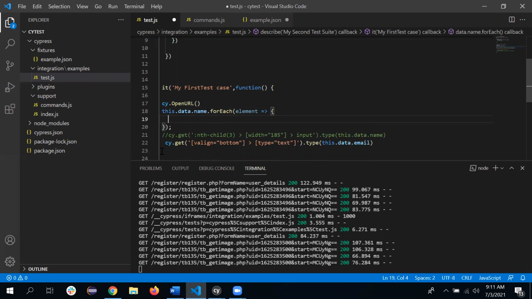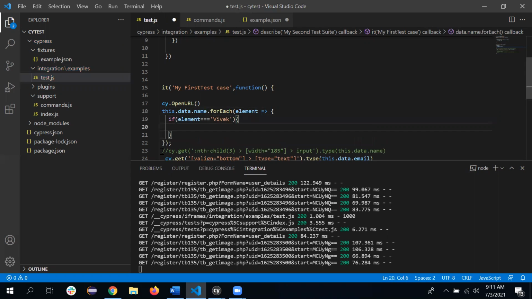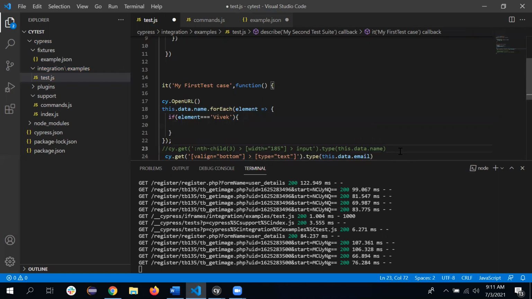In our case, we want to check if the element value is equal to Vivek, then just copy this code, and we want to type the name, meaning that element value, because the name is coming in this element.